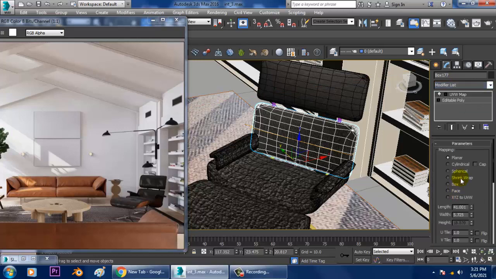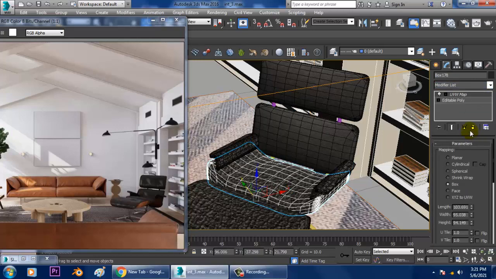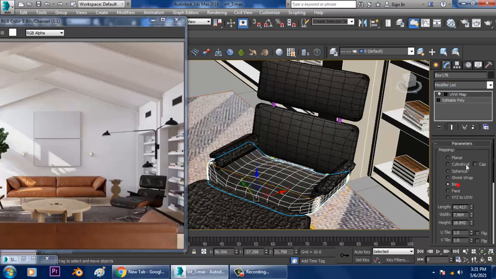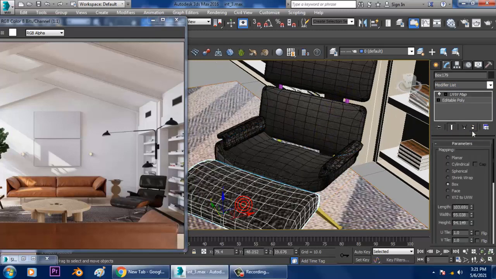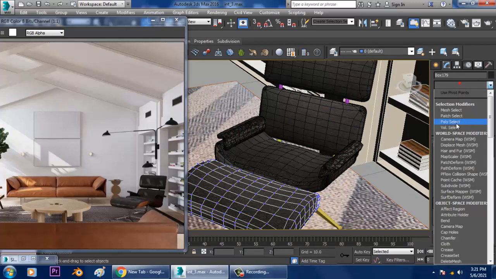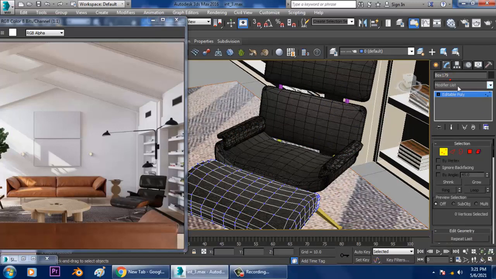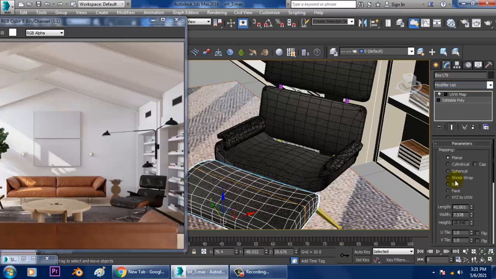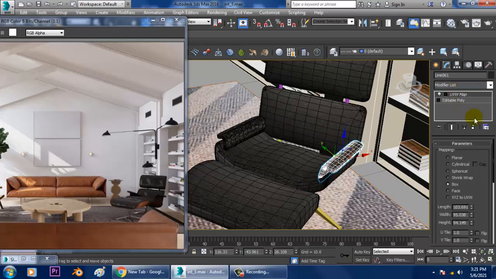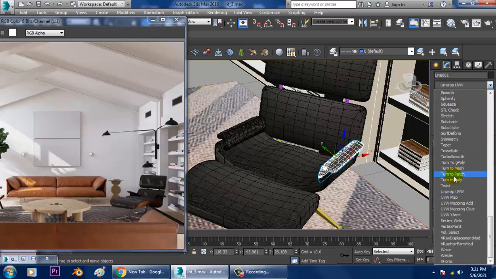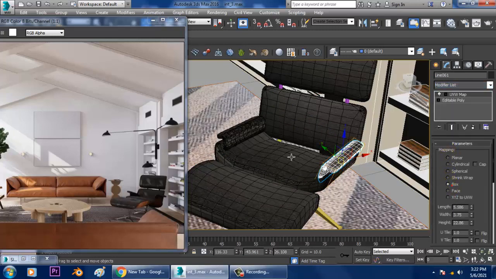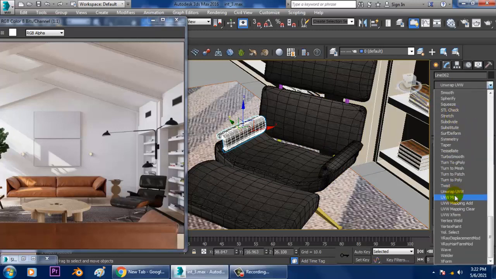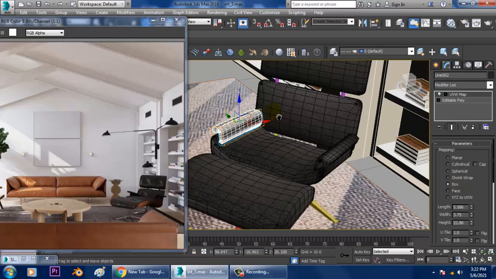Select this, go into this and give a UVW map. Once you are done, select this also. You have to give it individually. You can also assign a normal map or a bump map if required.